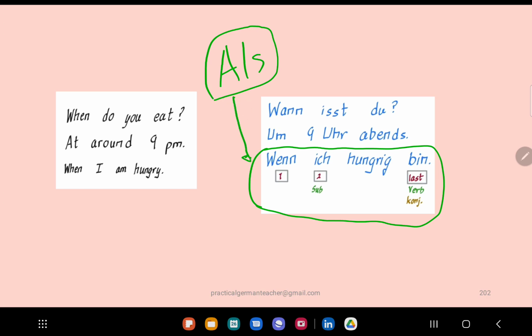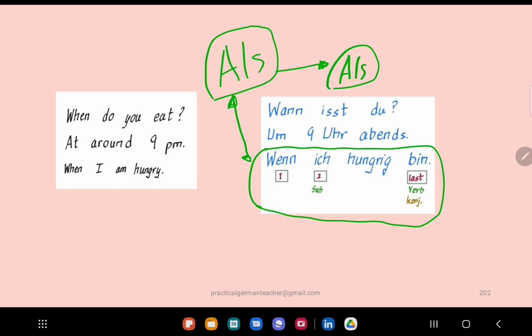Sometimes people can get confused between when to use wenn and when to use als. They both are conjunctions, they both are giving a condition, but als you use when you're talking about a one-time event. For example, I believe most of you guys have been living in Germany for more than 1 year. So if you want to say the first time I came to Germany, let's say you did something, right? So there, if you want to say when I came to Germany, instead you should say als.